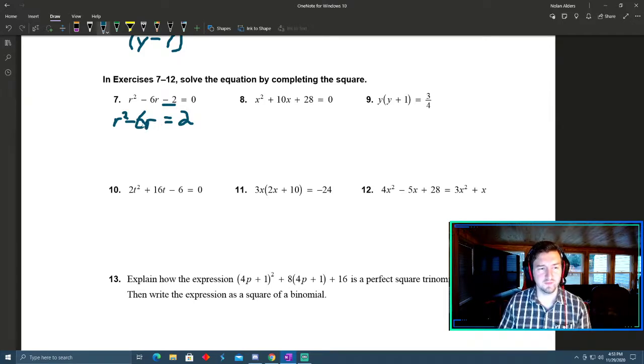So remember, to complete the square, we take half of our b, which is 6 in this case. So half of 6 is 3, and then square it. 3 times 3 is 9. So we'll have r squared minus 6r